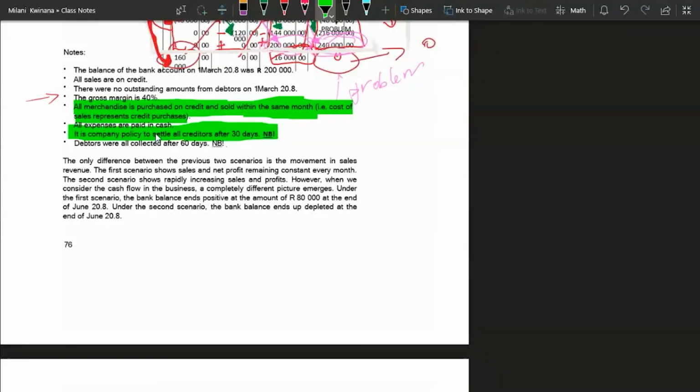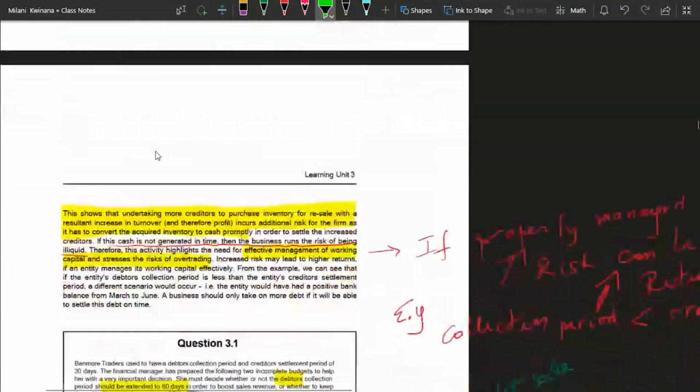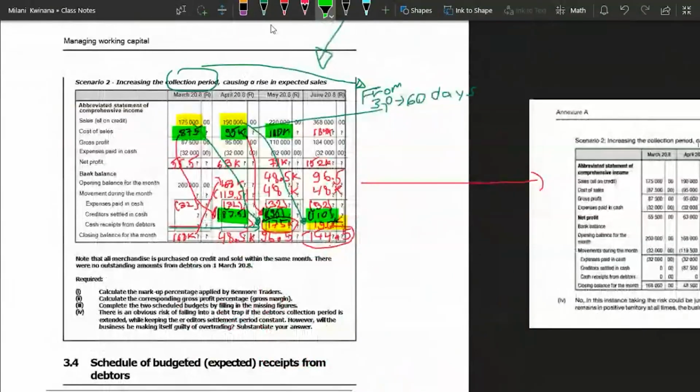We purchasing and then we selling. When we purchase, it's a minus because we get the merchandise, but money comes out. I just want to make sure that we agree on that because that's important. This cost of sale is a minus. This one is a minus. The sales is a plus